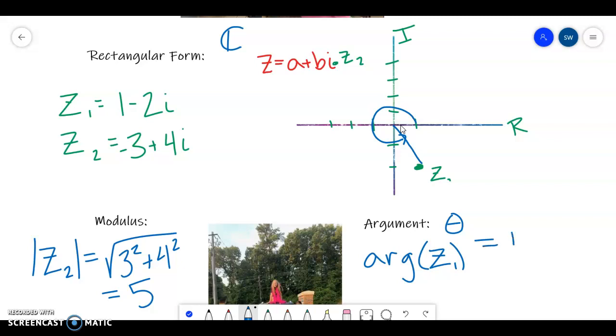We do that using inverse tan of the b value over the a value. If this was in the real plane, it'd be y over x, but the y value is the imaginary value, so b. So let's see, when we do that, we'll do this in degrees. If I do inverse tan of -2 divided by 1, I get